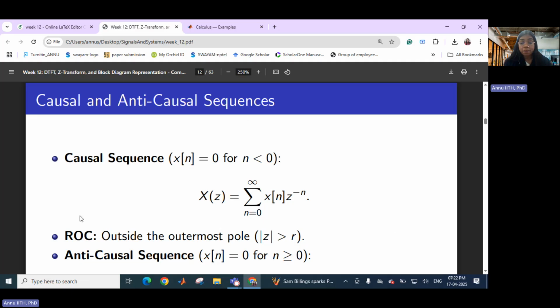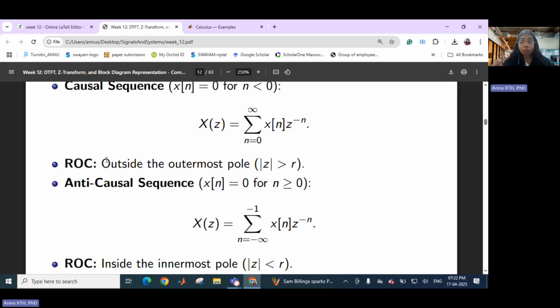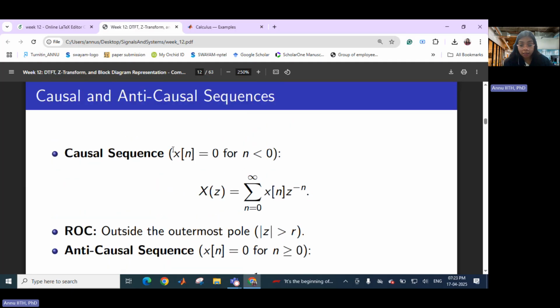So this is X of z, and the ROC is outside the outermost pole. Because in the Laplace transform, what was the ROC? The right side of the rightmost pole. And x of n was 0 for n less than 0. That was the criterion for causal signals. Remember, I hope you remember. Whereas anti-causal signals have x of n equal to 0 for n greater than or equal to 0. Since in a causal signal, this is 0,